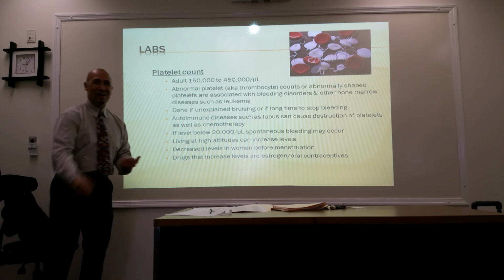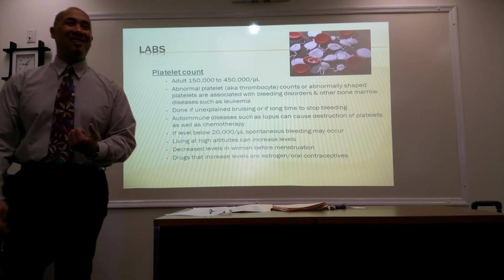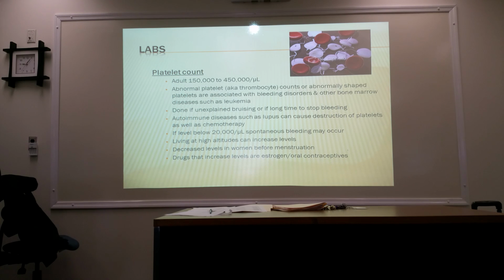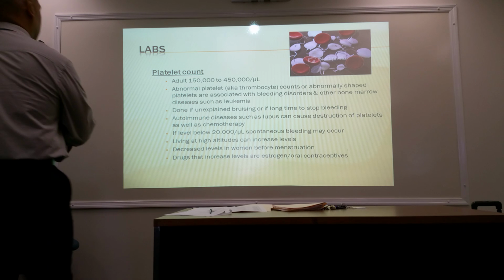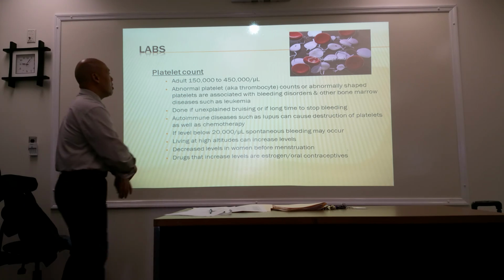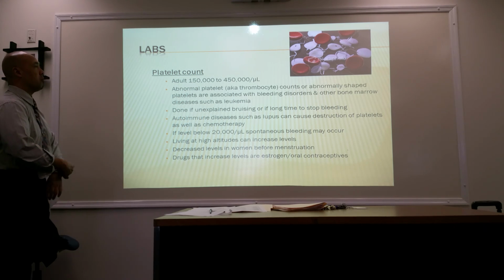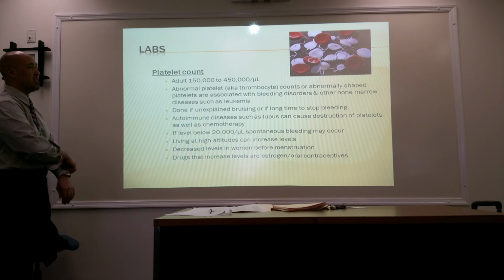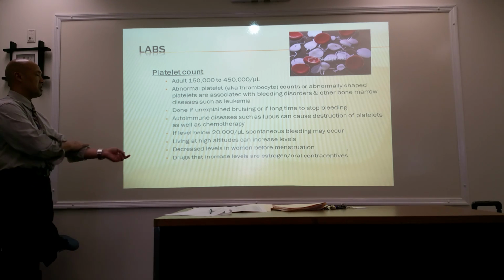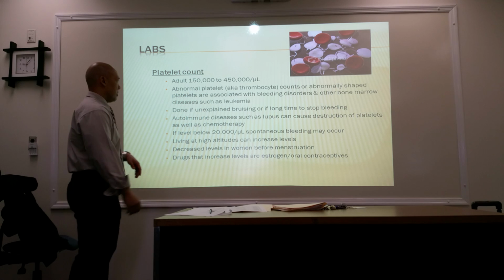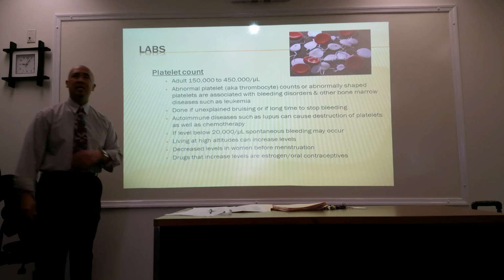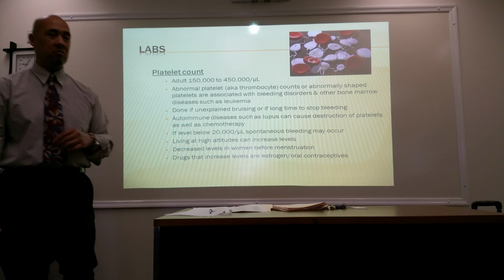Platelets. What do we know about platelets? What do they do? What's their function? Clotting, right? So if you bleed, this assists in the clotting method, the clotting cascade. Okay. Abnormal platelet, also known as thrombocyte, counts or abnormally shaped platelets are associated with bleeding disorders and other bone marrow diseases such as leukemia. We will do a platelet count